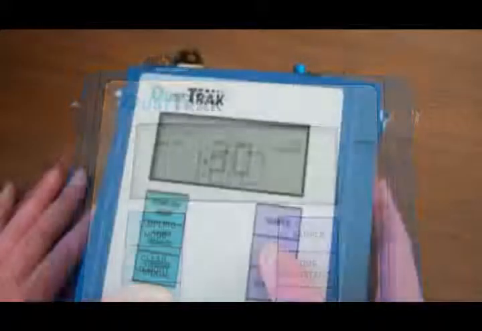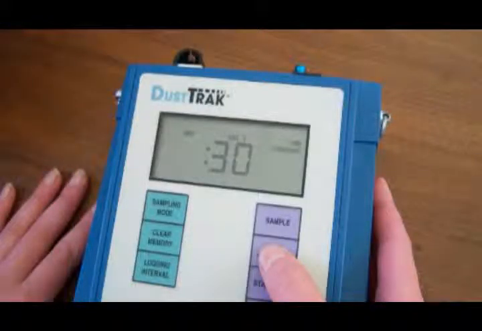You'll notice there is also a time constant button as well. Holding this button down, you will see the screen display the different time constant options. This is different than your interval because it only affects the displayed real-time data on the instrument screen. This can be safely set to 1 second, and the screen will update itself every second. This does not have any effect on the recorded data and only helps the operator by showing the most up-to-date